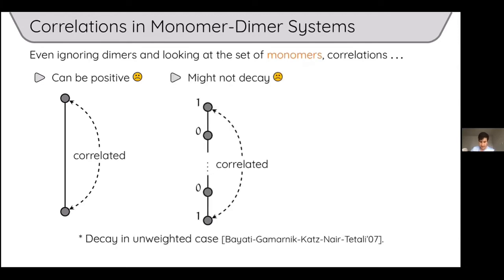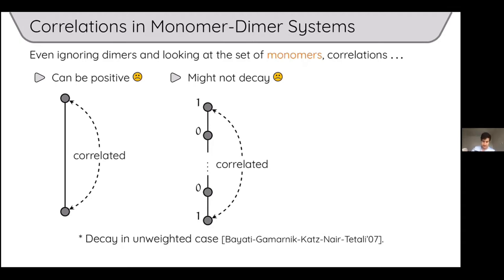So you can also have long-range correlations between things in this model. So a quick example of that is, let's assume that you have a path of correct parity. It should be, I think, odd or even, depending on whether you count edges or vertices. And let's say that the edge weights are all 1, the dimer weights are all 1, but the monomer weights are set according to this picture. So all of the middle ones are set to 0, the endpoints are set to 1.